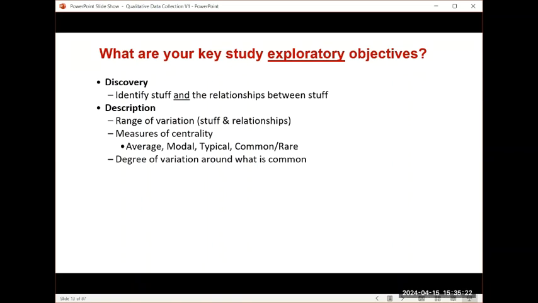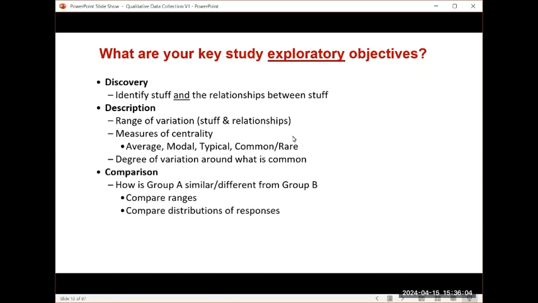Now, I can do this with numbers, or I can do it with words, right? Think about how a novelist literally describes a character in a novel. When they write, they are doing all of this. They're telling you about the range of this character's activities, their emotions, their thoughts. You start to get a sense of what is core to them, and you understand that person enough so you can anticipate what they're going to do, because there's certain things about them that make them them, right? And then all of a sudden you're surprised when they do something sort of out of character. That's your variation. So we know we can do this with words.